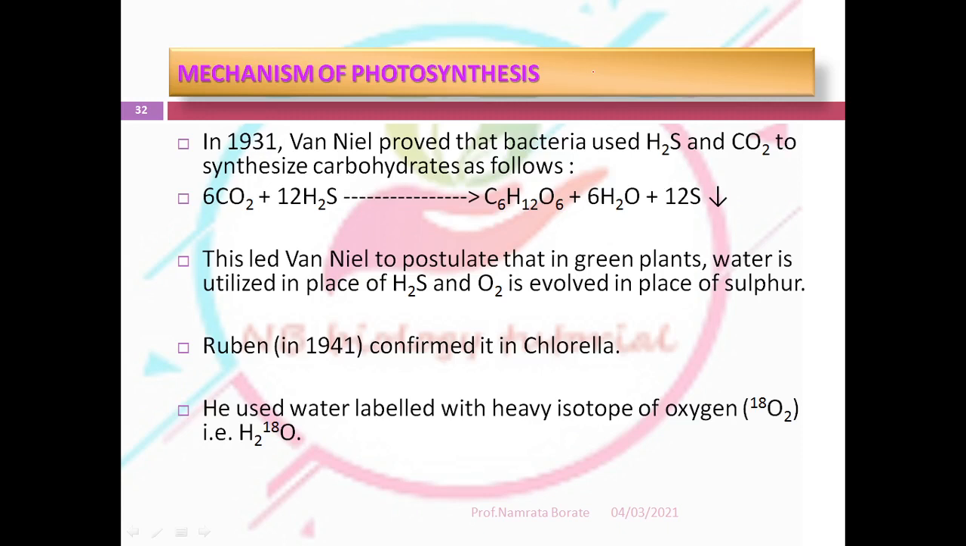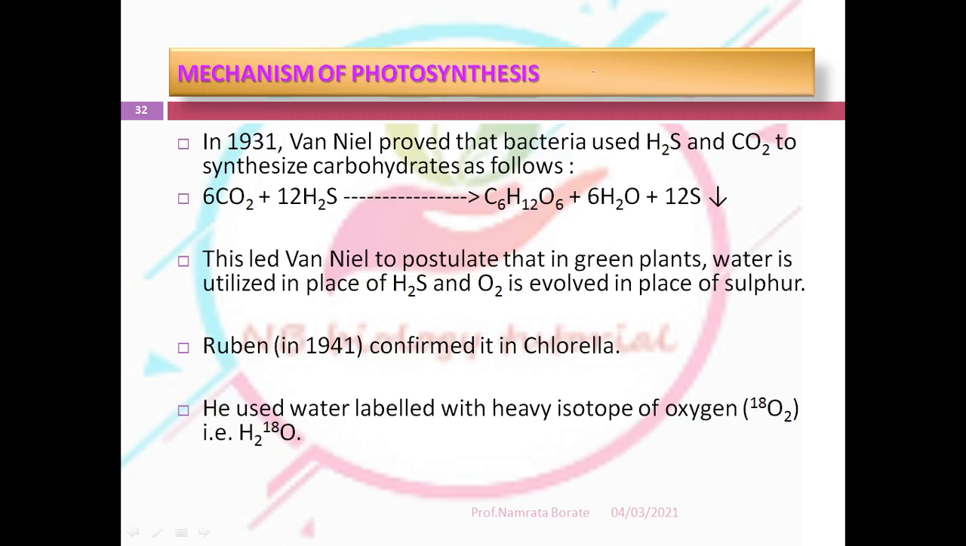The chloroplast carries out the light reaction in the thylakoid. Why is the light reaction carried out there? Because in the thylakoids there is a presence of the, do you remember? There is a presence of the quantasomes, and the quantasomes contain the photosynthetic pigments. So the light reaction is carried out in the thylakoid and the dark reaction occurs in the